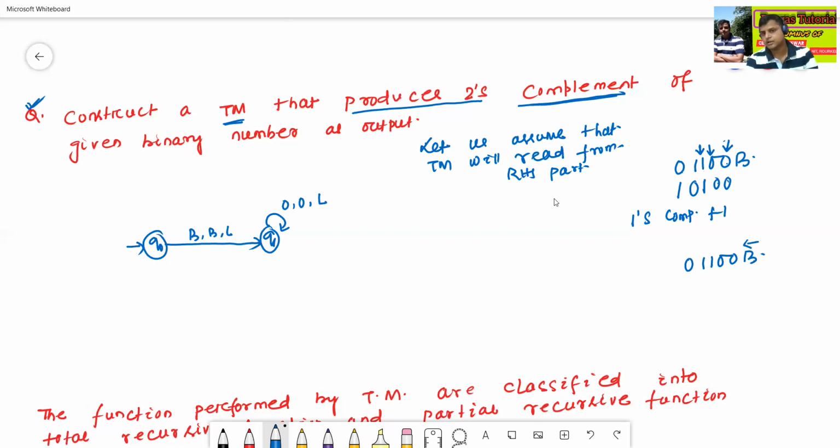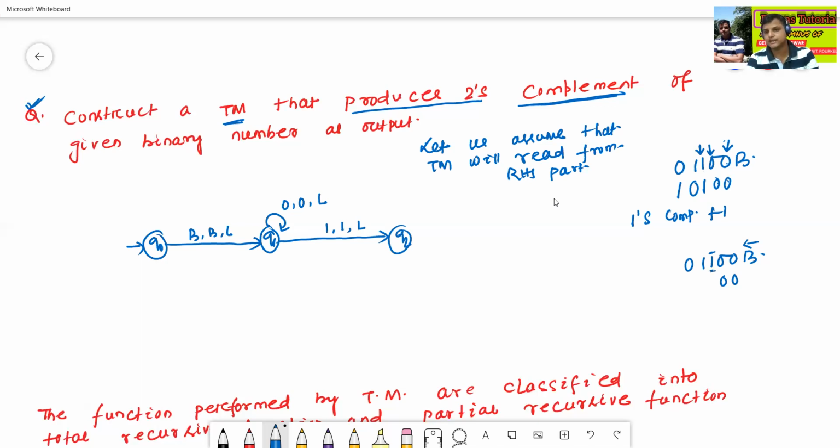Okay, 0 0, so the output is 0. When it gets the first 1, it reads 1 as 1, then goes to state Q2. When it reads the first 1, it writes 1 and moves towards the left. Okay, then after reading the first 1,